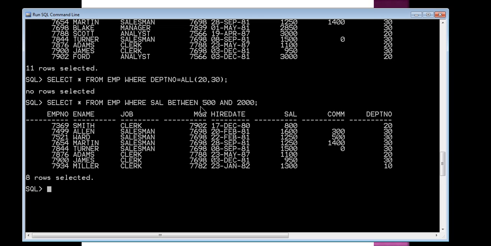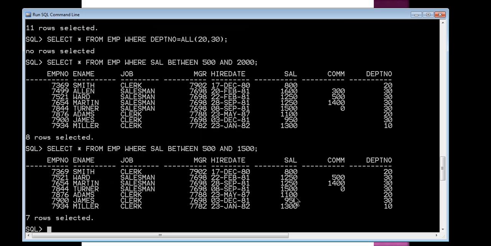Salary greater than equals to 500. Okay, let us see whether it is inclusive of these values or not. Let us use 1500 as the highest value. You see 1500 is included here.